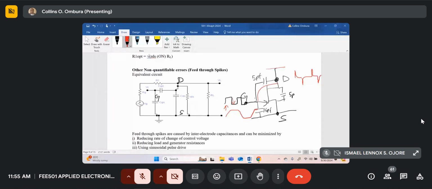Just use the reactance of a capacitor, X_CDG equal to 1 over ωC_DG. So this signal here, one part will go in this path over here, another will go in this path over here. So the signal at the output,